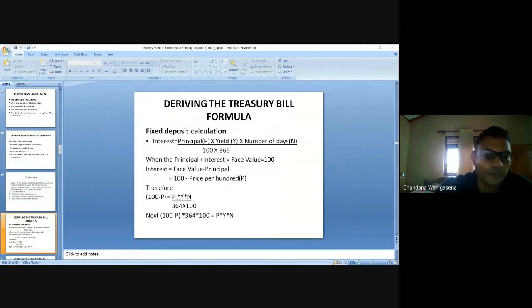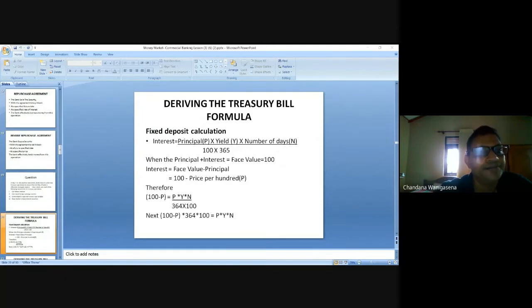Okay, so we have a standard equation for treasury bill price calculation. P equals 100 divided by 1 plus, within brackets, y, where y is the yield to maturity, and n is the number of days to maturity. This is the equation, so you can plug in numbers and do the calculation. But for that, I think it is very important to understand how this formula is derived. So let's try to understand that first, right?